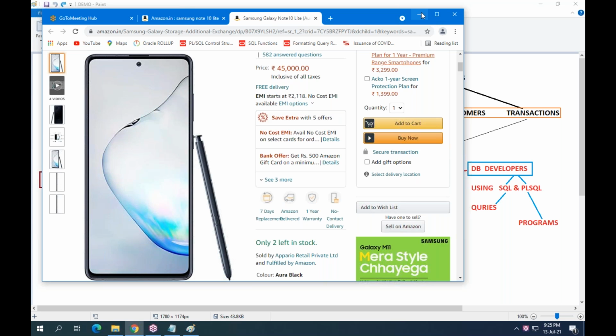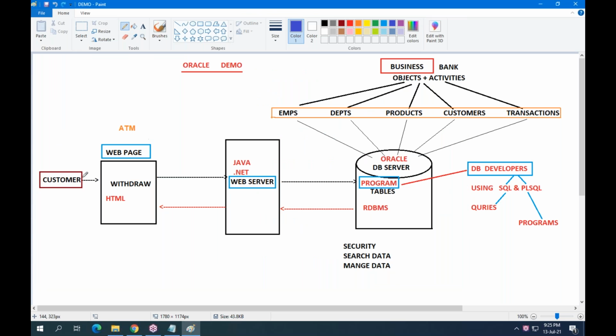I got all this information from the backend database server. Repeating, I am a customer searching something in the web page. The request passes to the web server.